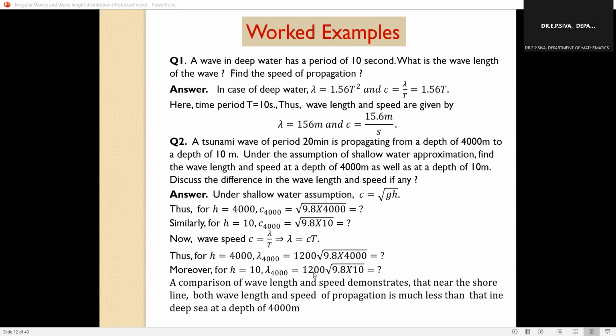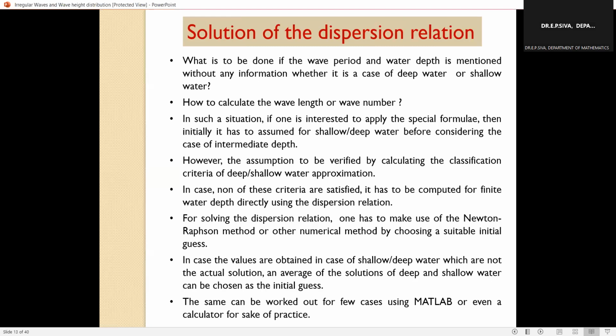And here you can see that when you think of any wave, you always think of the wavelength as maybe 5 meters, 10 meters, 20 meters. But here I talk about the wavelength of a tsunami, 40 kilometers, a single wavelength of a wave. And if it is tidal waves, the wavelength will be much larger.